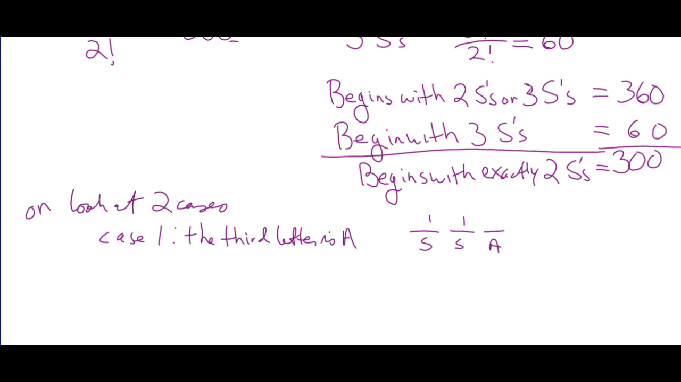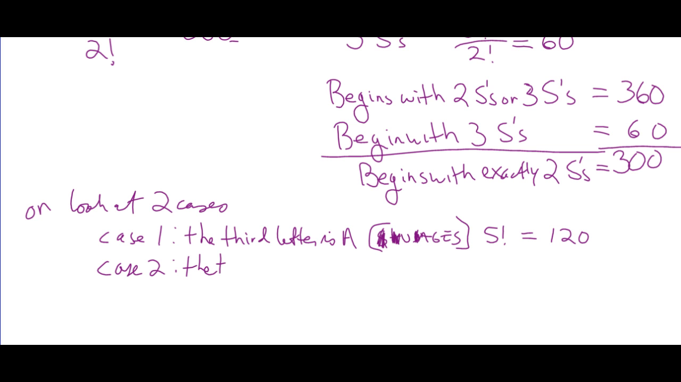Actually, you know what? Let's just cross them off. Third letter A. So here we've got S, A, U, S, A, G, E, S. I've got 2 S's and an A. And what's left? 1, 2, 3, 4, 5 letters. Remember now the third letter isn't an S, it's an A. So it's just 5 factorial ways, which is 120. And then case 2,